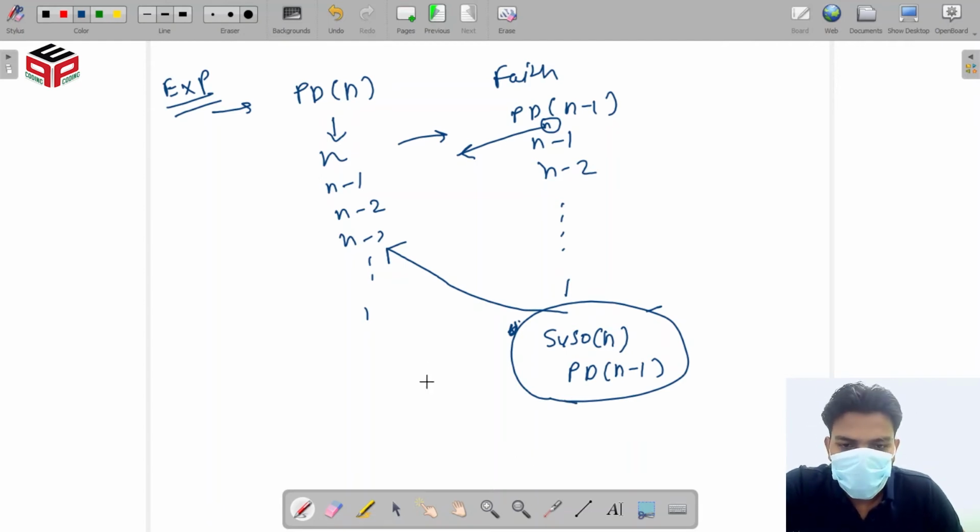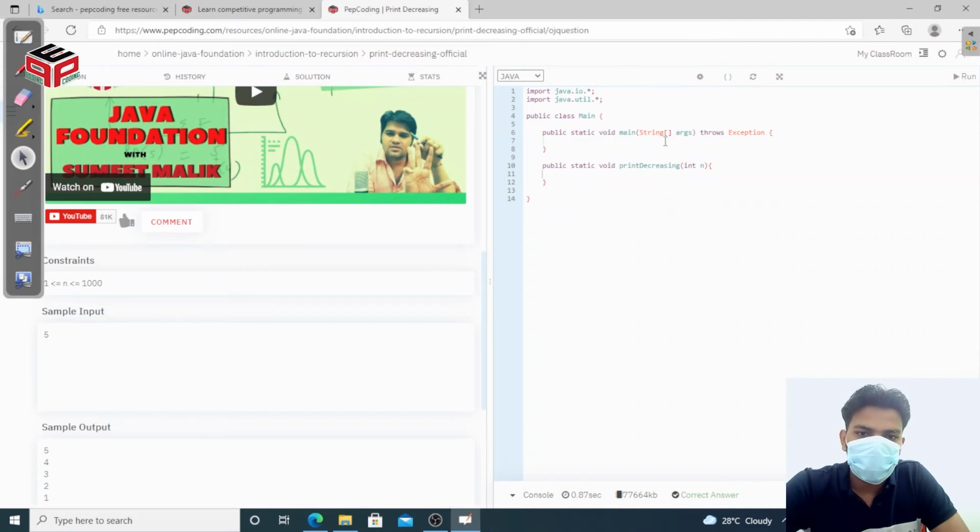So we are going to solve our sample question using this approach, so you can check how we can solve this question. This is your question. We just take a scanner: Scanner scn equal to new Scanner(System.in).